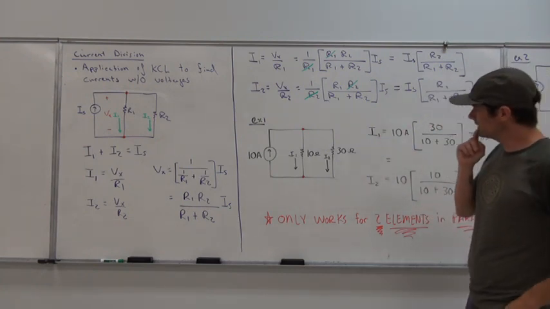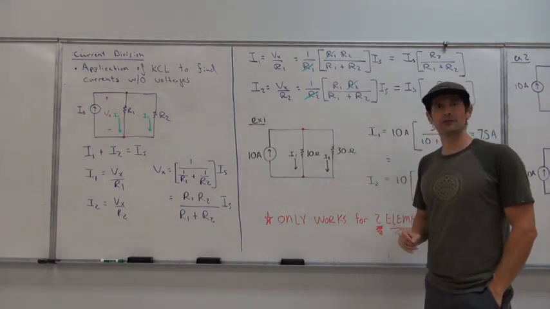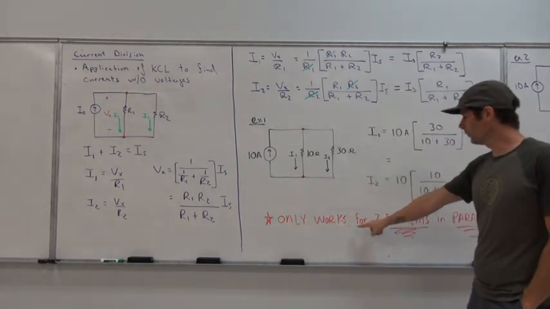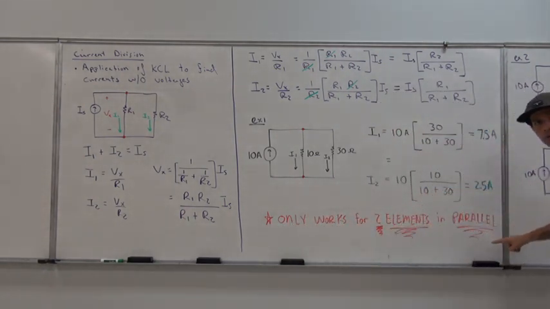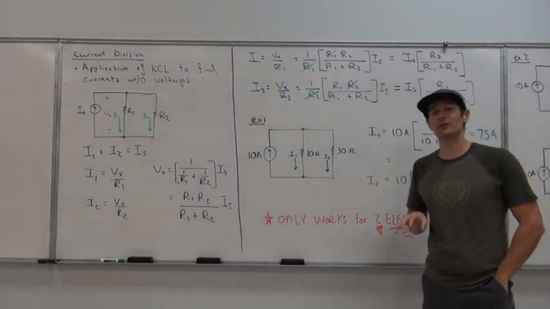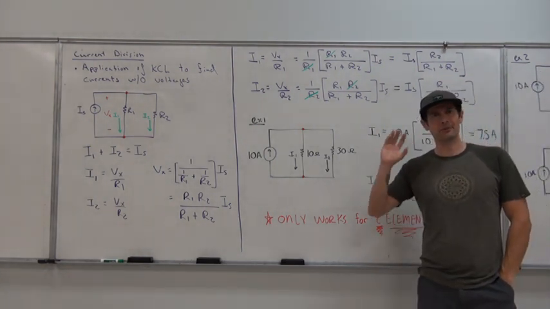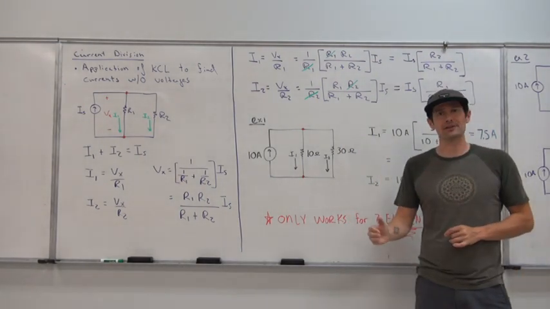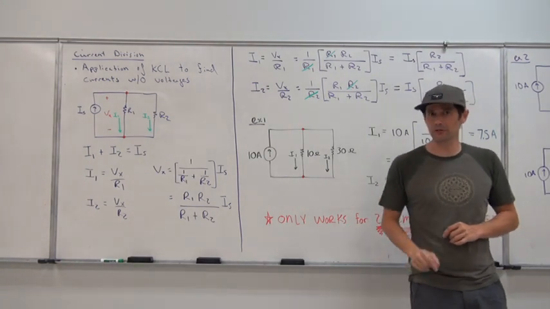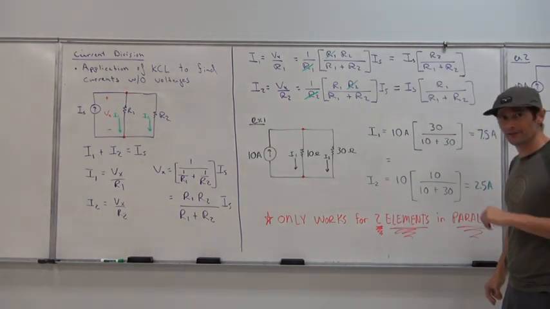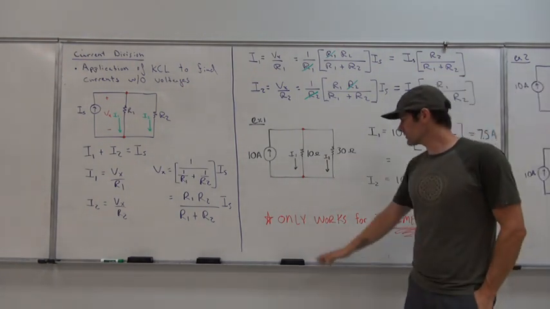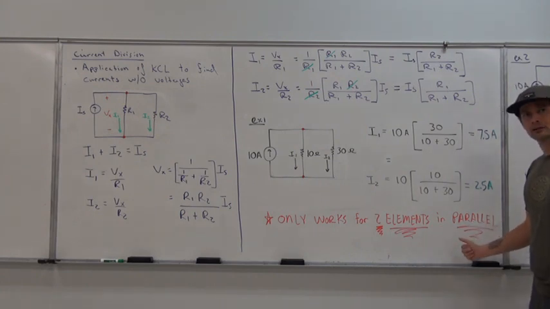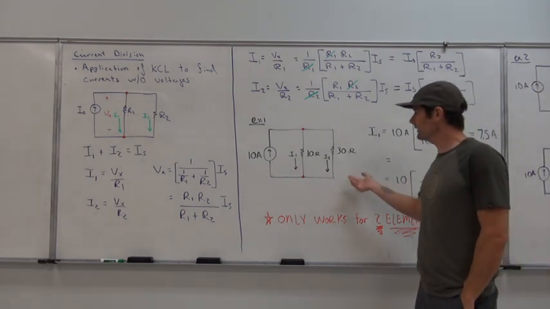But you may be wondering, what about if we tack on 3 elements in parallel? Current division only works for 2 elements in parallel, whereas voltage division works for any number of elements in series. And remember that we derived that directly from KVL and showed how that can work. So current division, the tool, only works for 2 elements in parallel. So what do we do if we actually have 3 elements in parallel? Do we